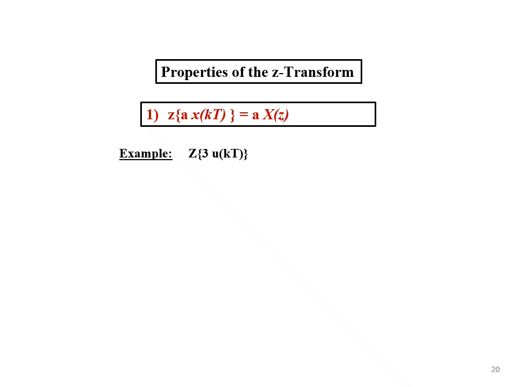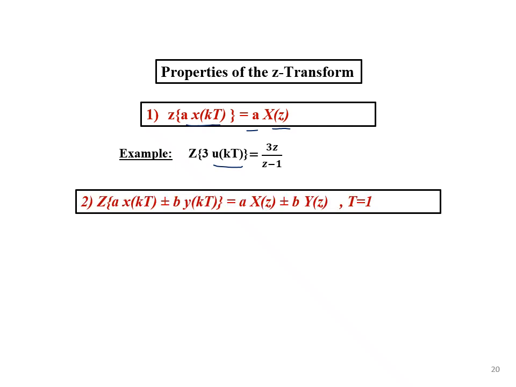The first property: if we multiply a function by a constant, then we multiply its z transform by the same constant. If we have z of 3 u of kt, then we get the z transform of the unit step, which is z over z minus 1, multiplied by the constant 3. The second property is